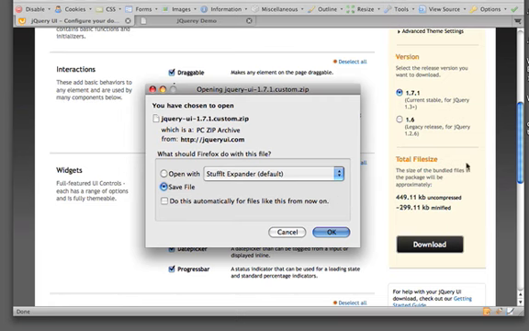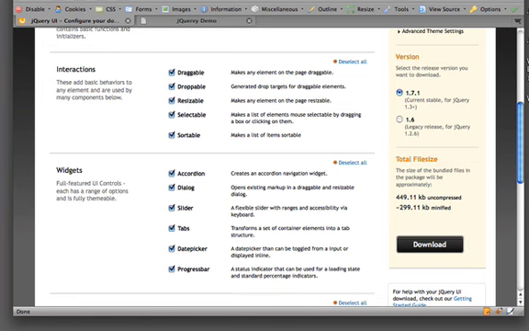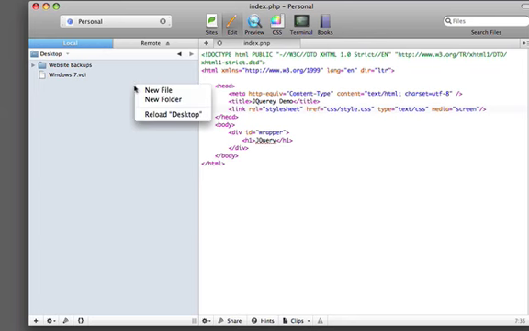And wait while it downloads. It's going to say download complete. If we now go over to Coda, our text editor here, and we go to our desktop, reload,